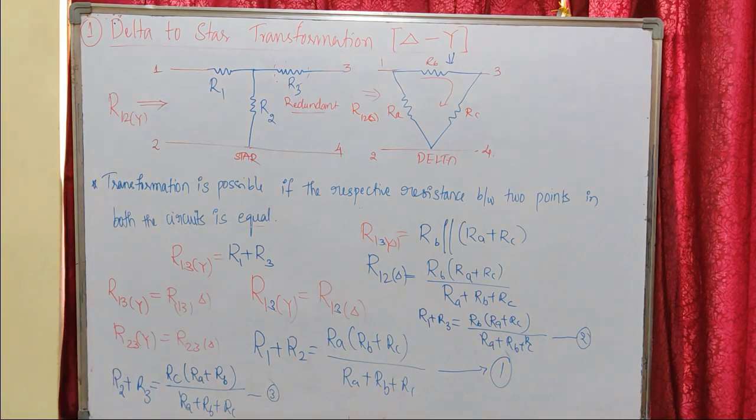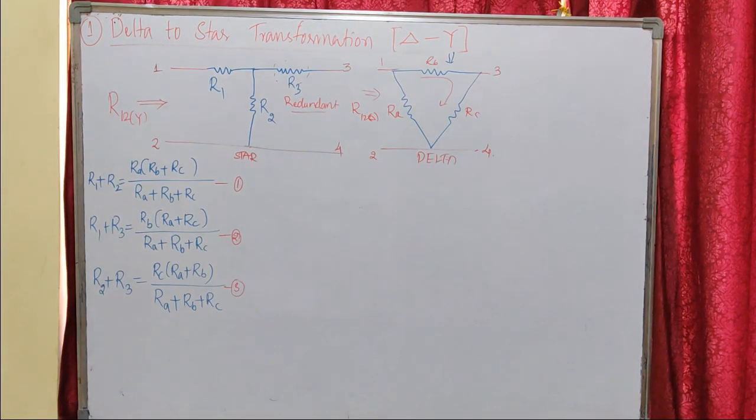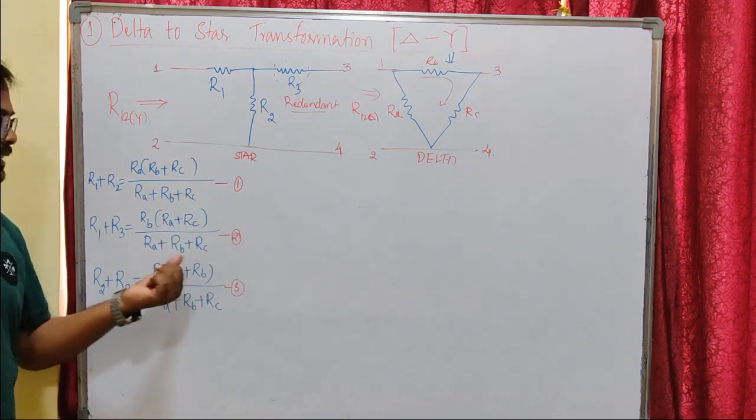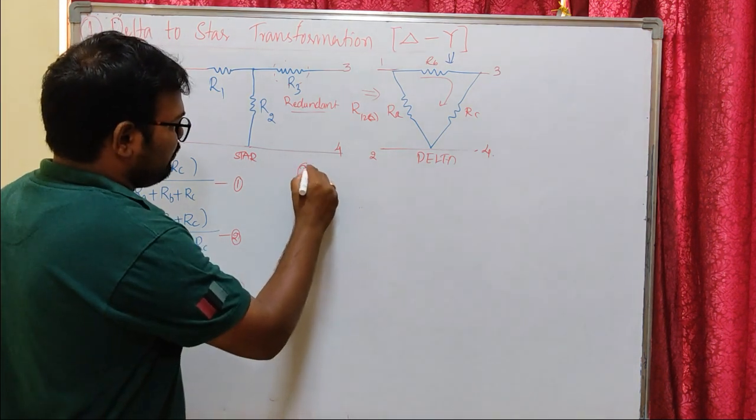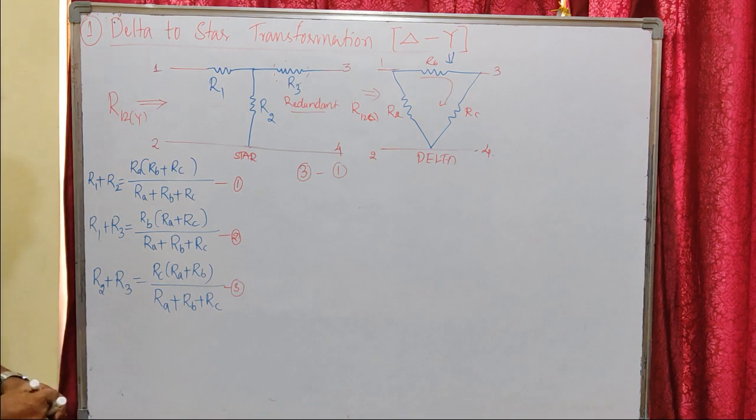Now I am going to write them at one place. These 3 equations, equations 1, 2 and 3, are the equations we have obtained so far. Now we are going to solve these expressions. I am going to do equation 3 minus equation 1. So when I subtract equation 1 from equation 3, that will become